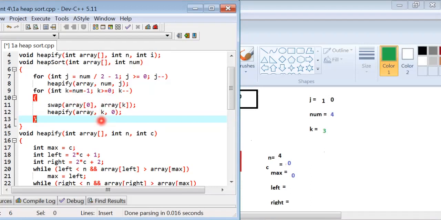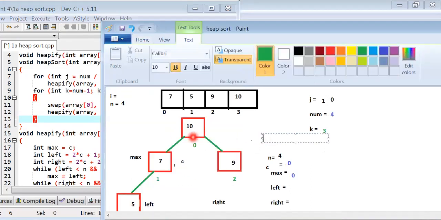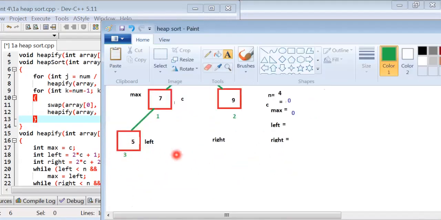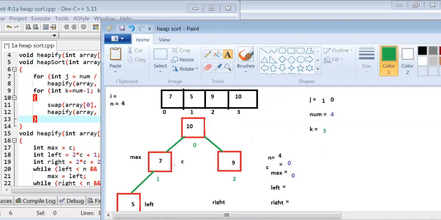The array 0 and k are swapped. This is 0 and the k value is 3, and these are swapped with each other.